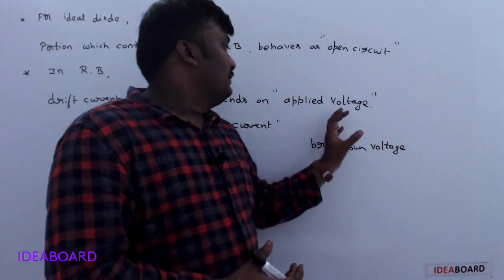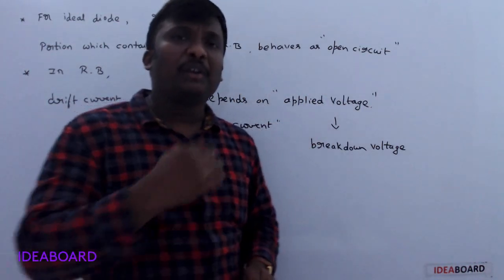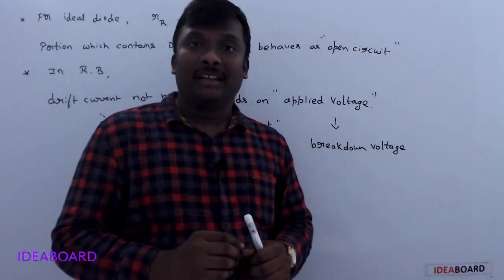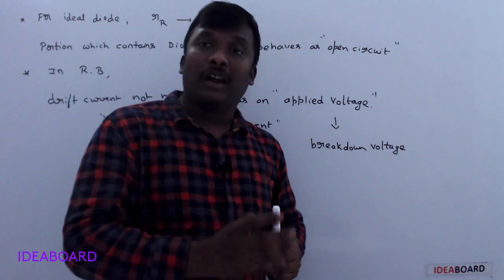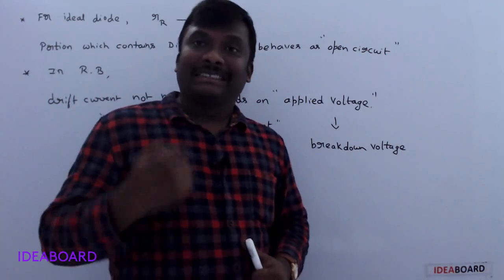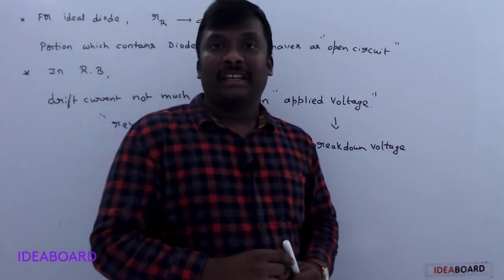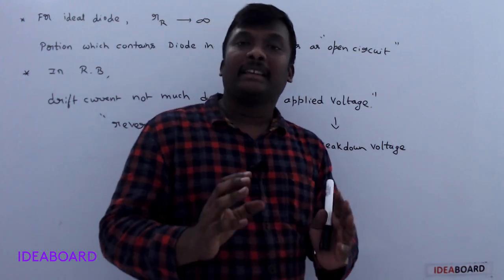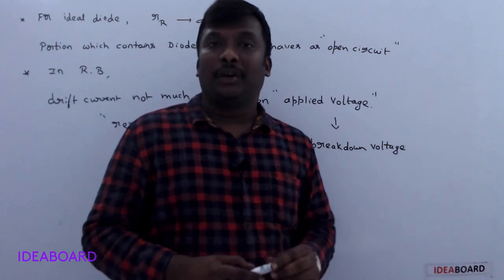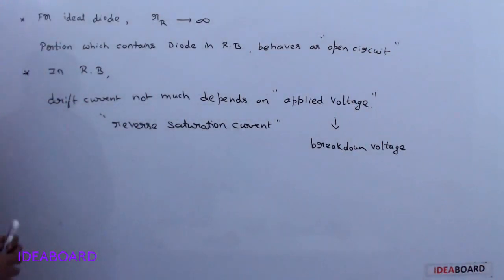Sir, why does the breakdown voltage occur? Whenever you increase the applied voltage, minority charge carriers increase, and inside the atom, covalent bonds also break. More electrons are released, and these collide with each other due to their higher kinetic energy. The temperature increases very high. Due to the high temperature, the PN junction diode is damaged. Understand? This is about reverse bias.